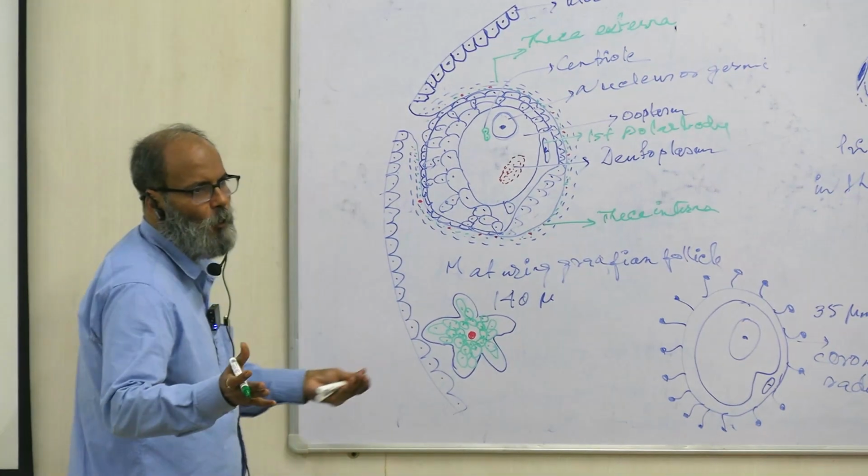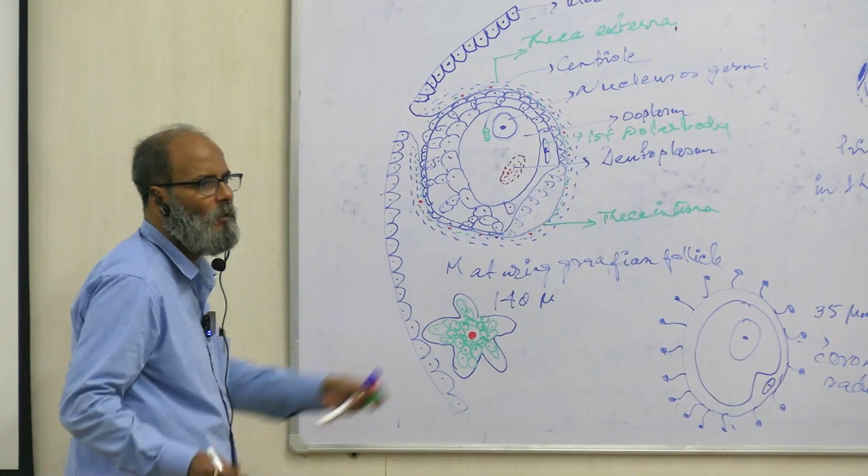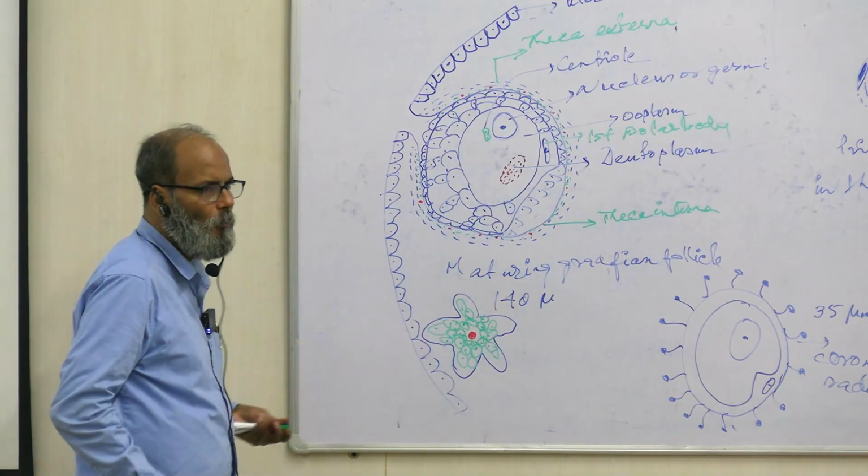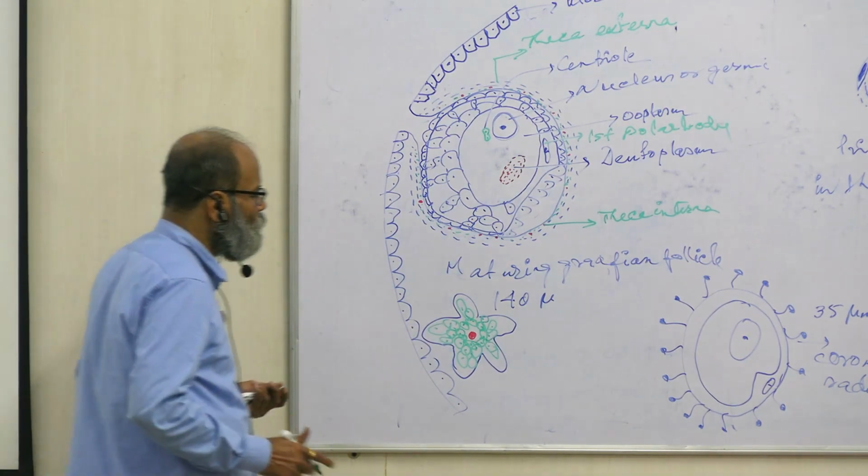After the extrusion from the ovary, there is a constricted Graafian follicle with a central blood clot. This will convert into